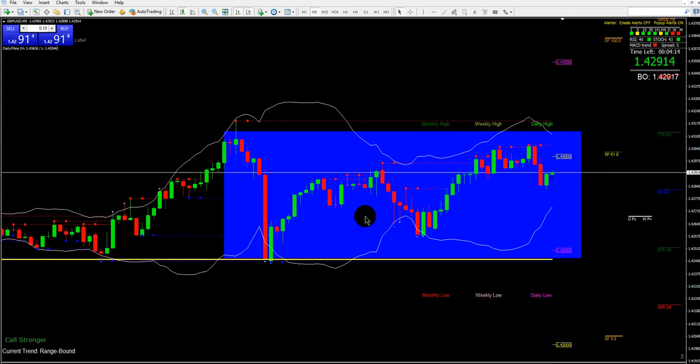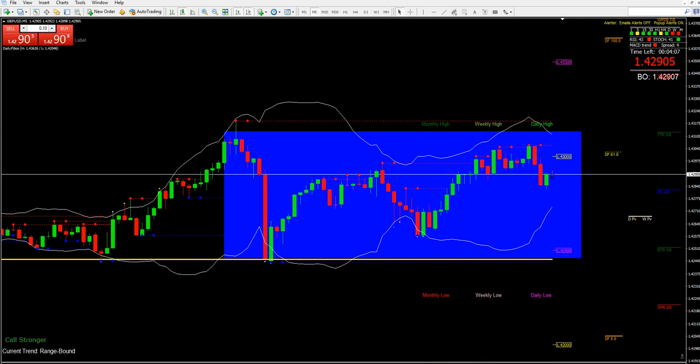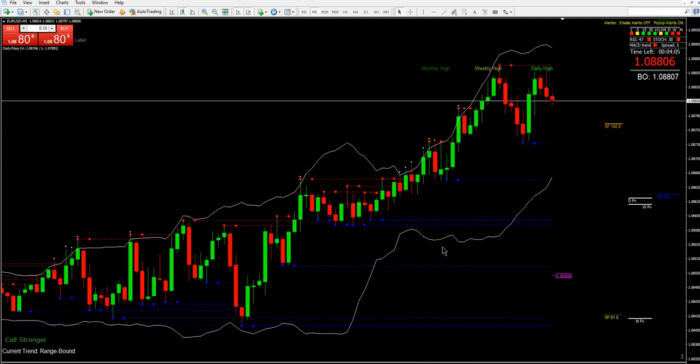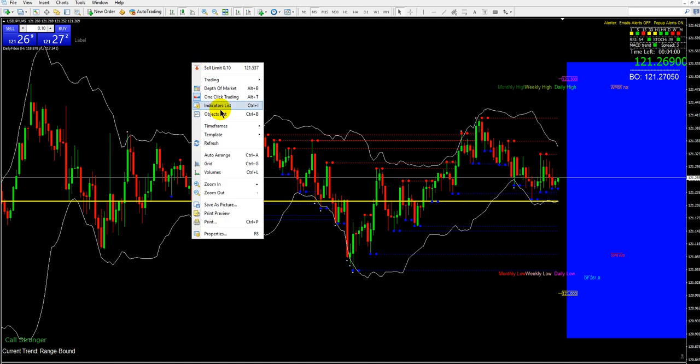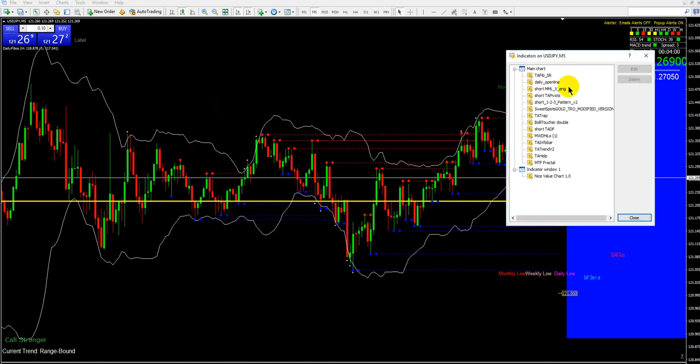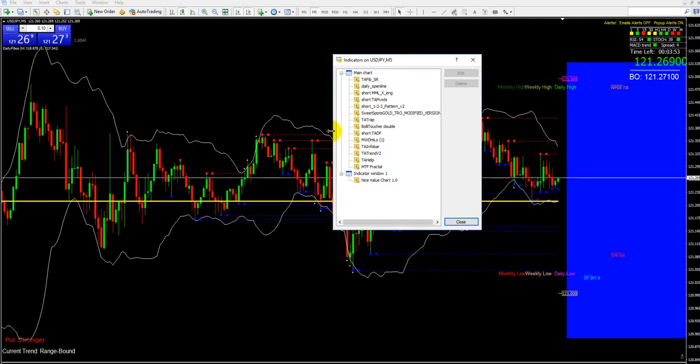Now if we go to cable again, it has what USD JPY doesn't going for it. We do have a bunch of institutional levels right here on the right, but if we look at UJ, it has nothing where price is. So right now this is pretty much an ignore, because even if we did get an alert, we have nothing to base our decision off of except for pure price action.